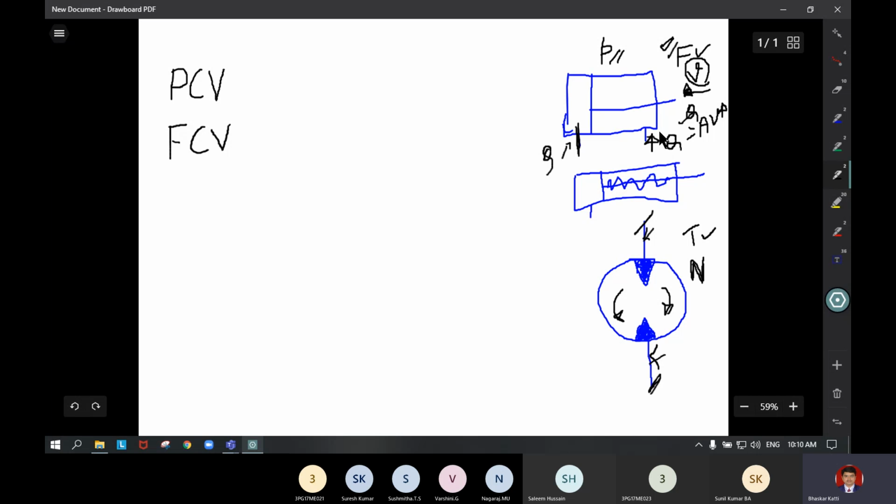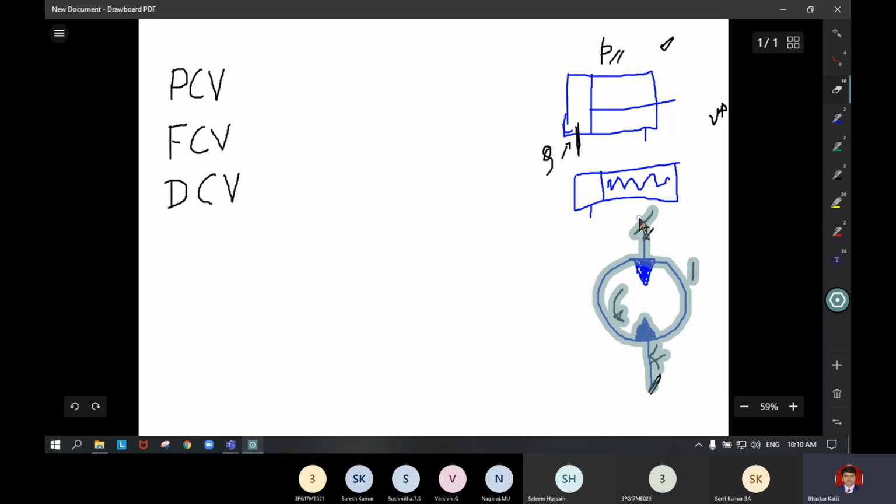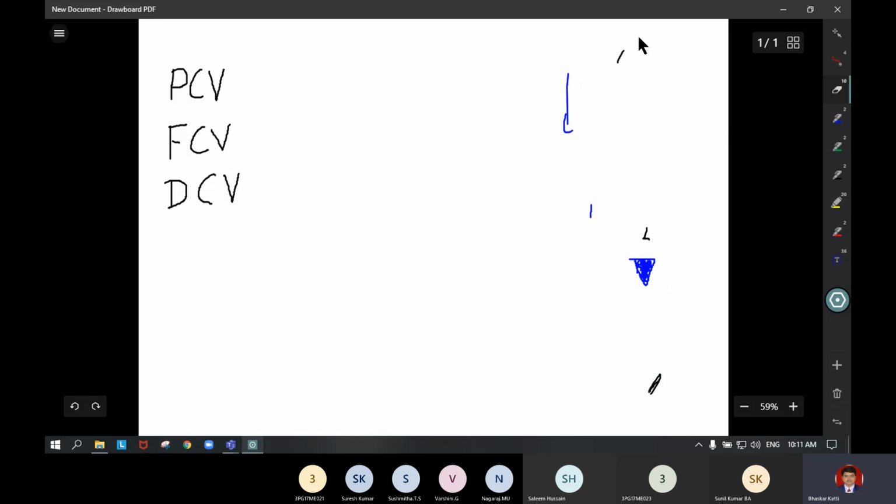So to control that, we have direction control valves, that is abbreviated as DCV. So based on the control parameters in a hydraulic system, we are defining the parameters as force to be controlled, torque to be controlled, then the direction in which the fluid has to be passed, that has to be controlled. So for each purpose, that is each function, we have each kind of control valves, that is pressure control valves, direction control valves and flow control valves.